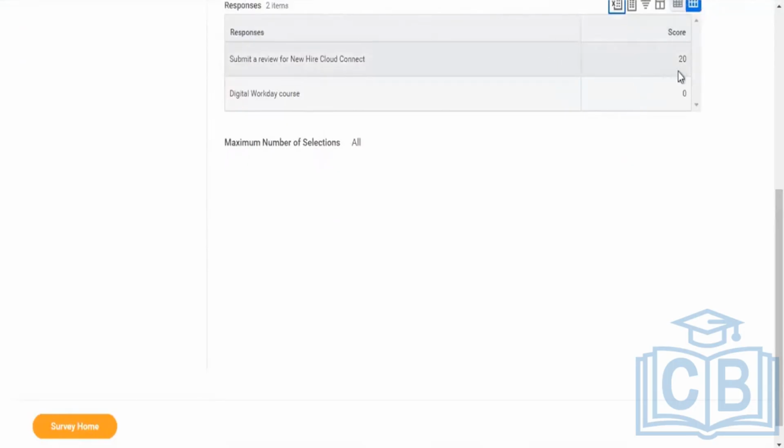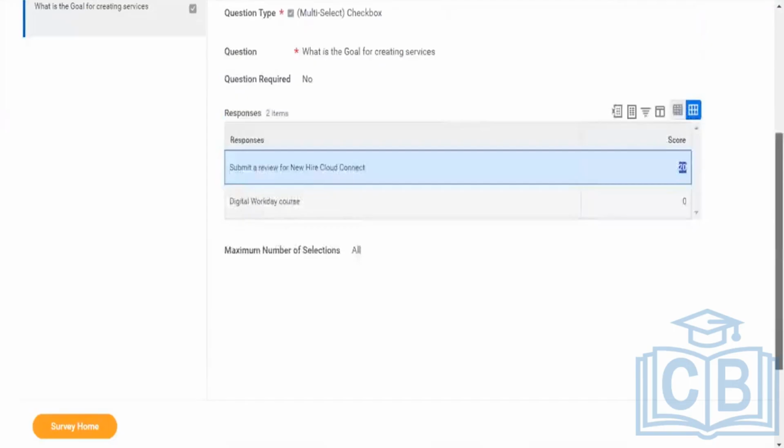But it is a checkbox. We have not given any score. Oh, you added a score. I added a number, 20. Oh, 20 is it? Then I think we were able to see that. I was thinking that I just added a checkbox and submitted. No, you added this course as well. That's where you can see the learning survey responses task, where you can find what employee has responded.